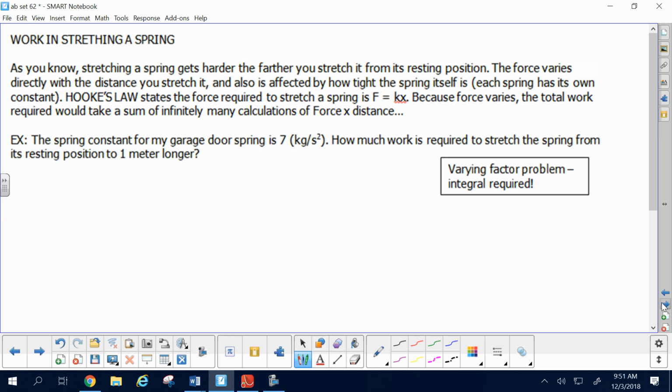Another thing that accumulates or changes as you go. If I attached a garage door spring, I don't know if you've ever worked on a garage door, but those suckers are heavy. If you attached a garage door spring or any kind of spring to a wall and gradually pulled it out, would it be the same amount of force at all times? No, it would get harder and harder as you get further and further from the wall, yeah? Because of that, when you go to stretch a spring, that's a calculus problem. The work required